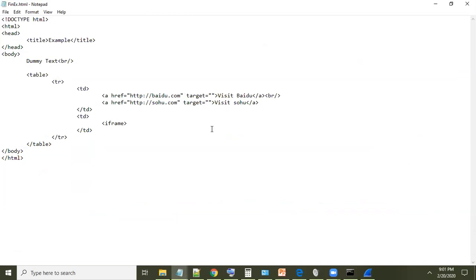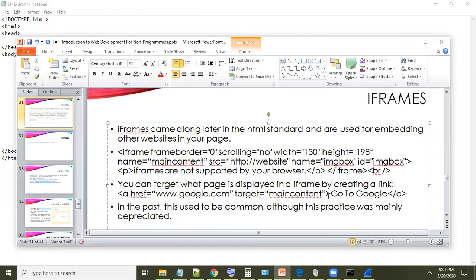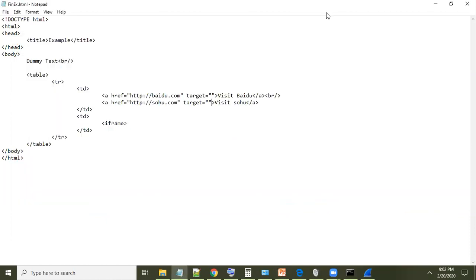Okay, so we added that, but now we have to figure out the actual target name. So what's the name of this iframe? Could we call the iframe anything we like? Yep. So what do you want to call it? My iframe, maybe. Okay, so we'll create a name.